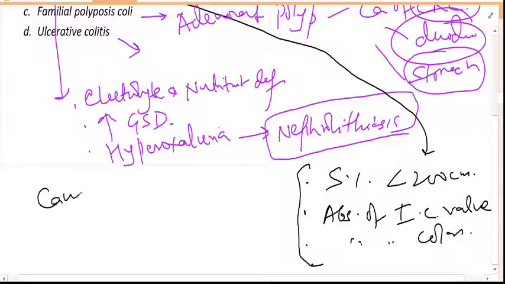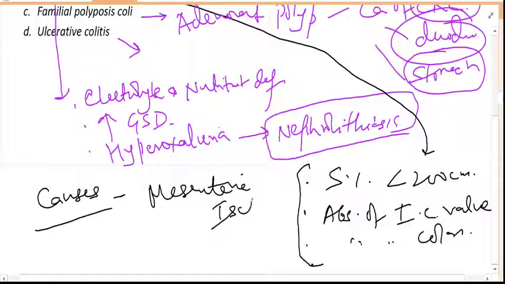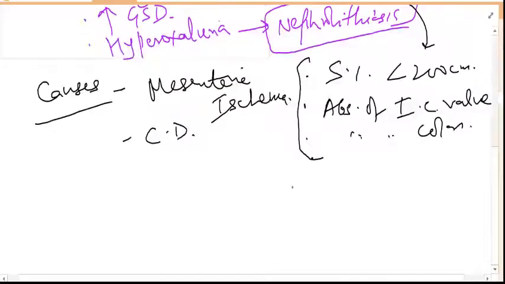The causes: mesenteric ischemia is the most common cause in adults. Crohn's disease is very common in the Western population, so in the Western population we can say Crohn's disease is the commonest cause. Otherwise, overall in the world or in our region, in India, mesenteric ischemia leading to infarction of a large amount of bowel. Midgut volvulus,